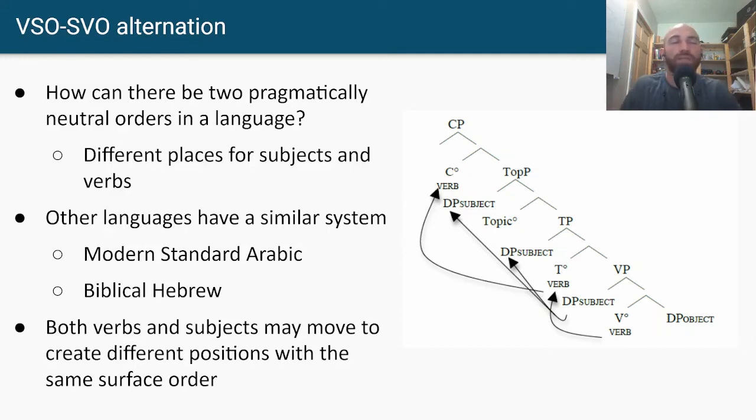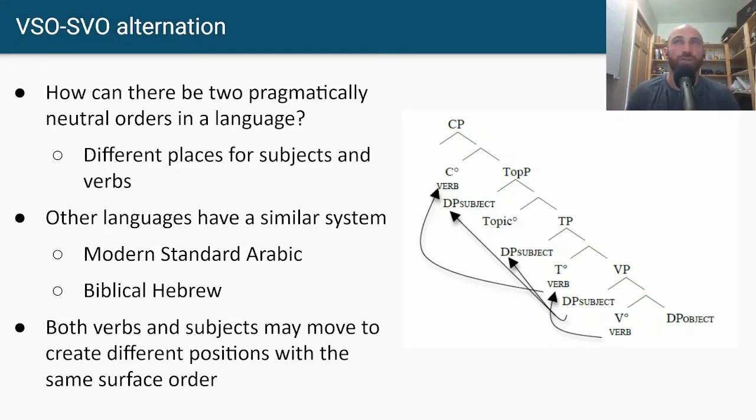We will often come to our conclusion based on our criteria for that question. But what's more important is to ask, for this particular clause type, what order do we see and why? In Greek, you can have both orders because both verbs and subjects may move to create different positions